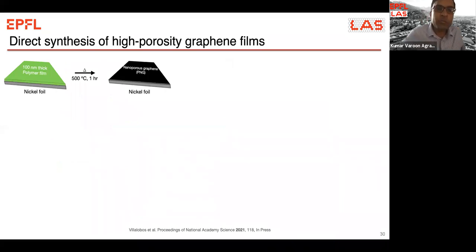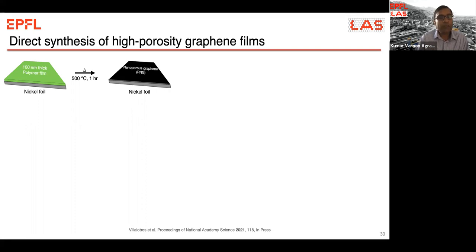So these were all the methods that we did, from where we synthesized the graphene lattice by etching the graphene lattice, right? Remember I said at the start that there are these intrinsic vacancy defects in graphene, and so our group also started thinking, can we further increase the density of the intrinsic vacancy defect so that we have just one step of synthesis? We synthesize graphene where we have a lot of grain boundary defects, and the vacancy defects between the grains would then permeate the gases, right?